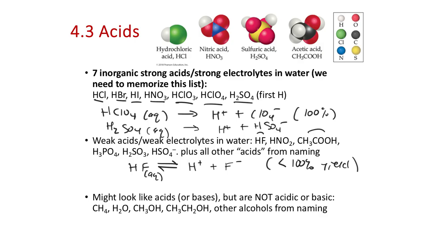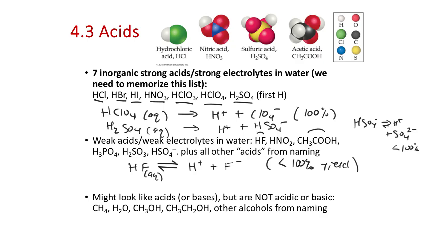And then the hydrogen sulfate ion, let me write this over here, this ion losing that second H plus to go to SO4 2 minus, that becomes a less than 100% yield. And then we indicate that with the equilibrium arrow, or just the idea that it doesn't fully fall off of the